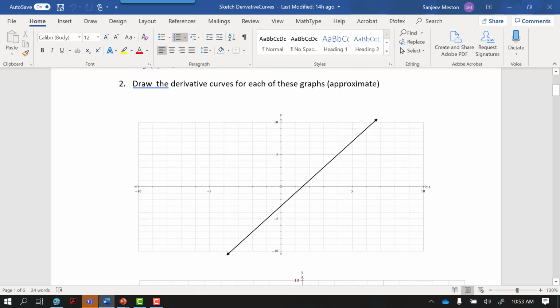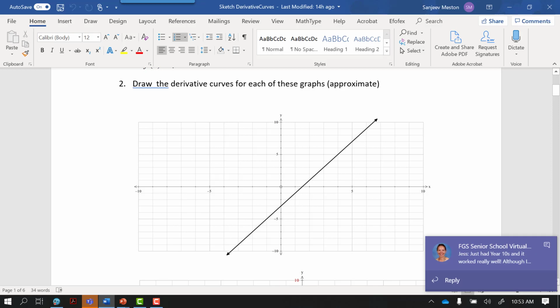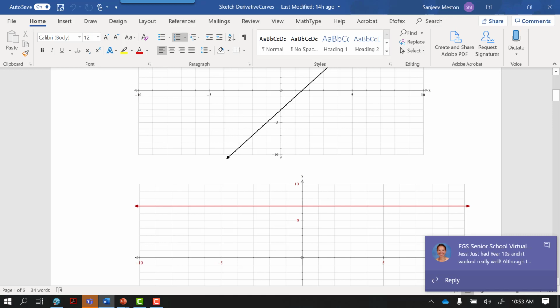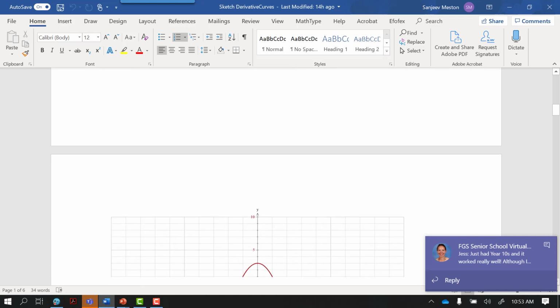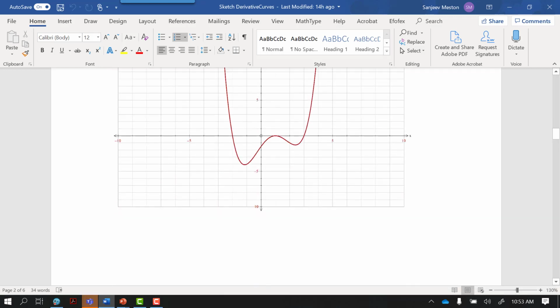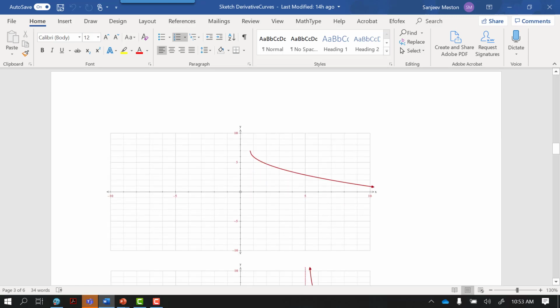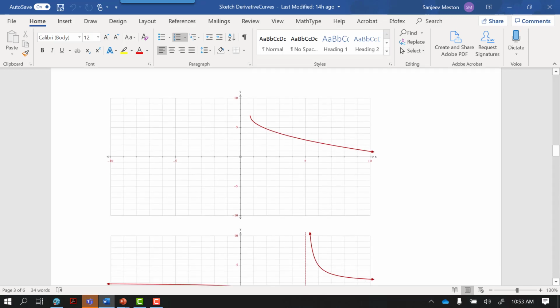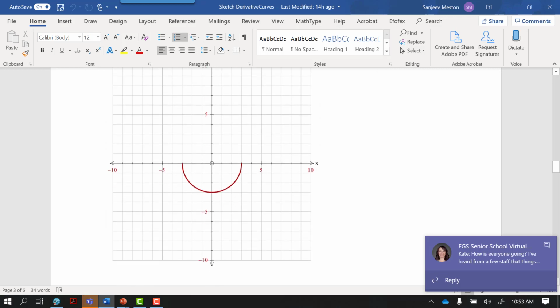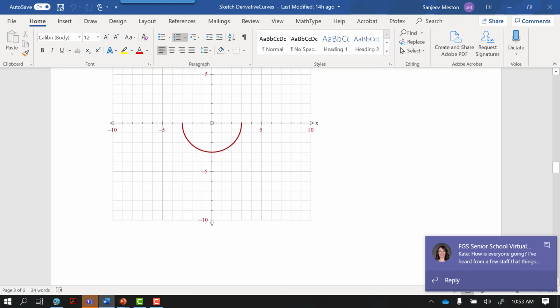Question number 2, I've got some shapes. On the graphing grid, you just need to put the shape for the derivative curve. So this is a linear equation with a positive gradient. This is a horizontal line where the gradient is 0, and a negative quadratic. Then this one here is a cubic, a quartic. This is a square root function as well, which is reflected, and has undergone a vertical translation as well. But we are more interested in the derivative curve shape. This here is a rectangular hyperbola, and this one here is a circle. It would be interesting to see the derivative curve for a circle.